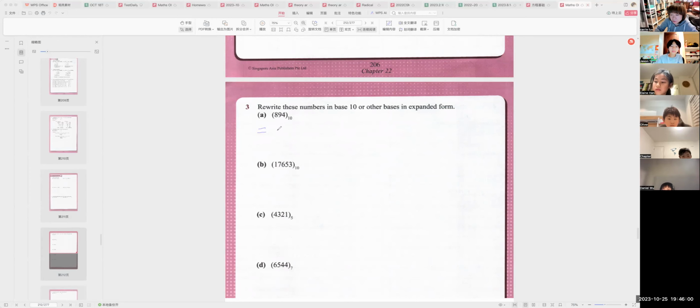OK, so rewrite these numbers in base 10 or other base in expanding form. OK, 这个很简单，对不对？ So Elaine, it is 8 times 10 to the power 0 plus 9 to the power 1 and plus 4 to the power 10, 0. OK, so we don't do these ones. 这个回家做 number C and number D, we do it. All of them you do at home. OK, 我们不在这里做了啊。